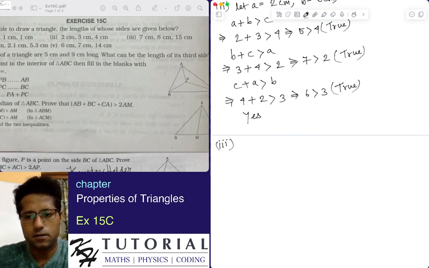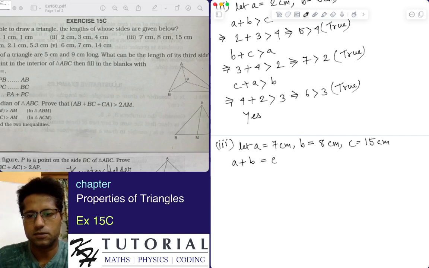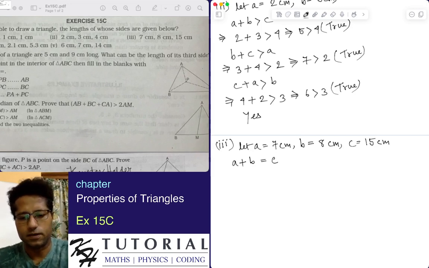Part 3, let A equals 7 centimeter, B equals 8 centimeter, and C equals 15 centimeter. We can clearly see by seeing the given lengths that A plus B is equal to C, or we can say that A,